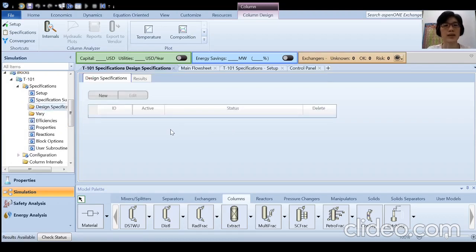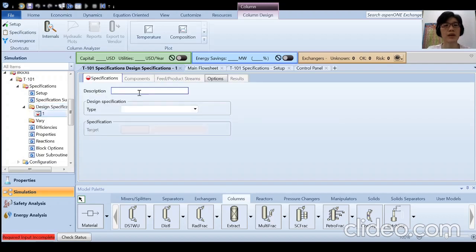In order to answer question B, you have to use the design spec and vary function in order to achieve the 99% of N-butane in the distillate. So first you have to create a new design spec. The description, you can put it as butane mole purity in